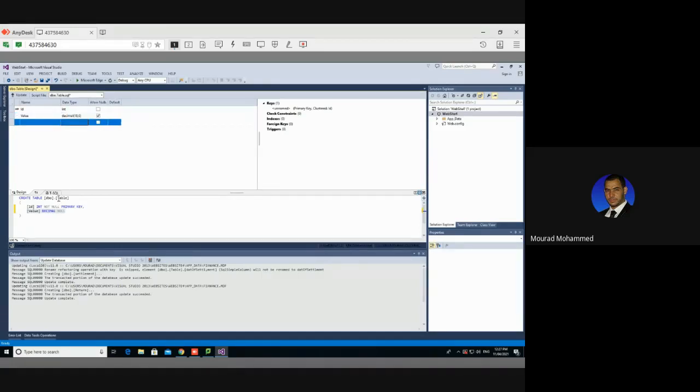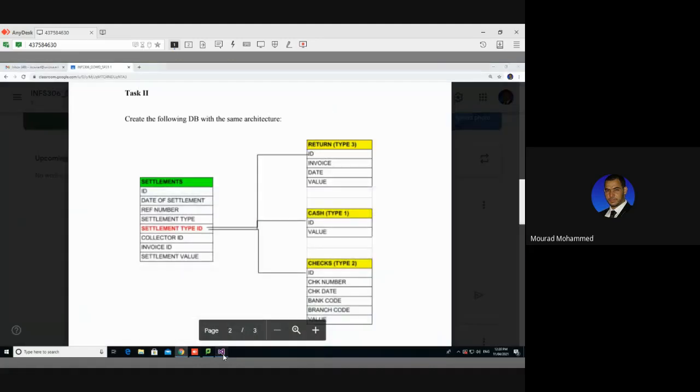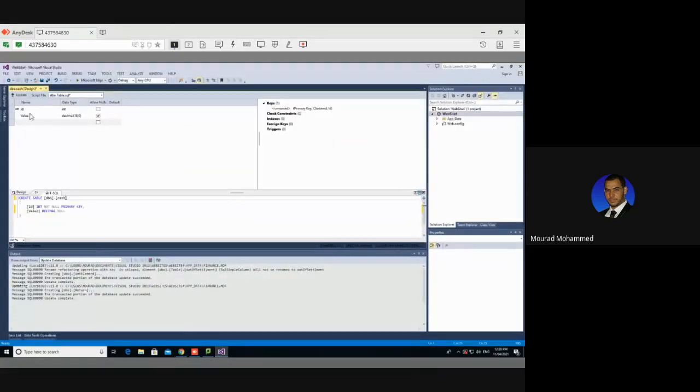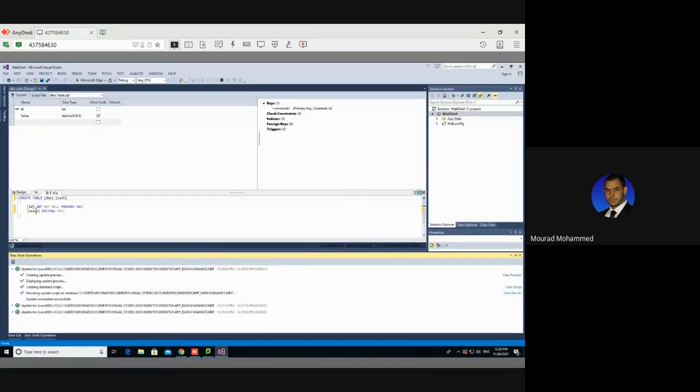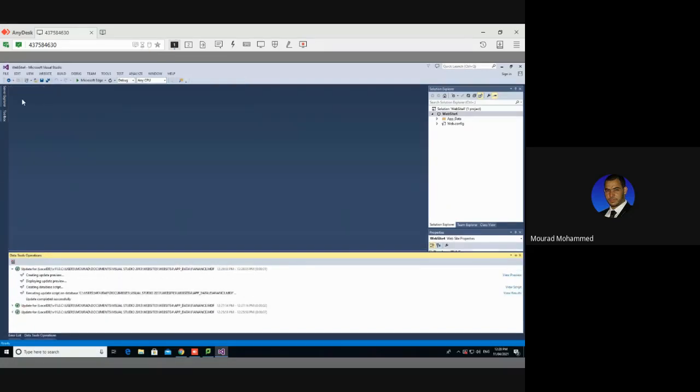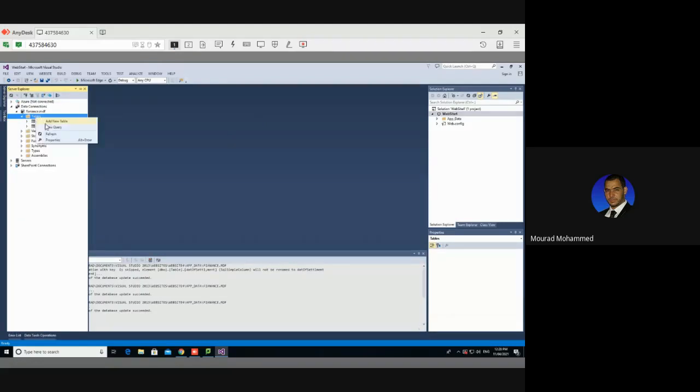Here it's cache. Yes, ID and value, cache. That's it. I'm going to update. Yes, update. Done. Close. Before that, check if it's available or not. Refresh. Yes, here it is. Let's pass to the next table,